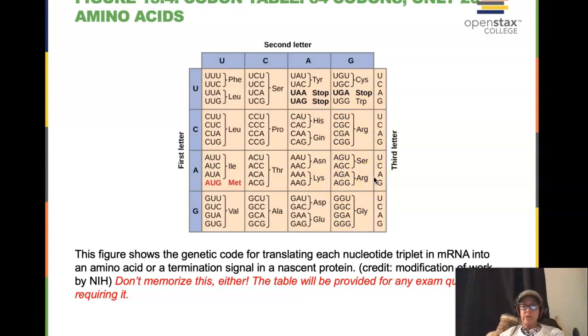What you'll notice is when there's a variety, let's look at serine. You see in the first 2 positions, and anything in the 3rd position, you still get serine. An A and a C in the 1st position, and any of the 4 options in the 3rd position, you still get threonine. This effect is called wobble. Our genetic code wobbles